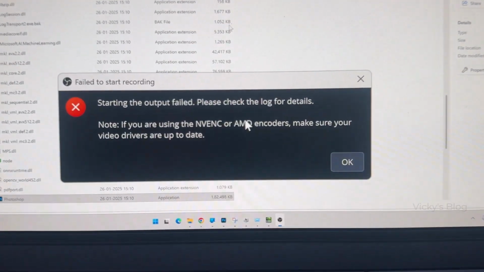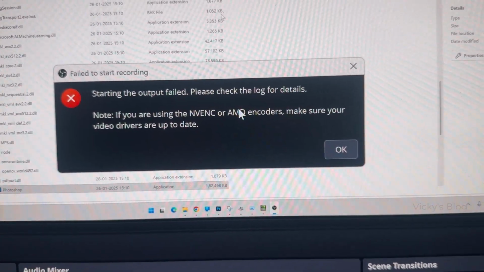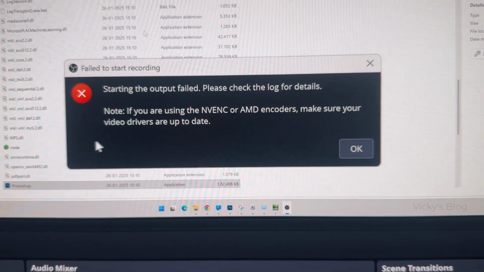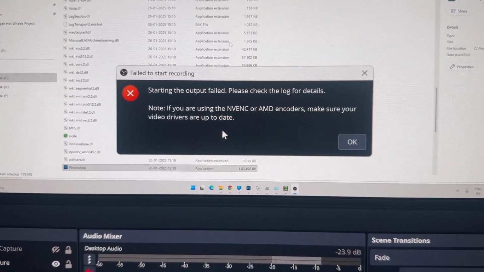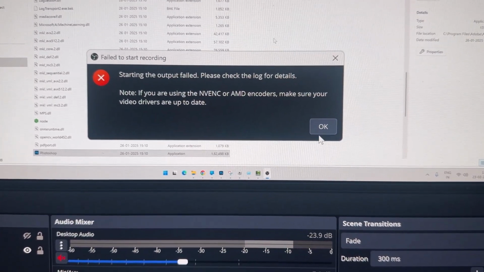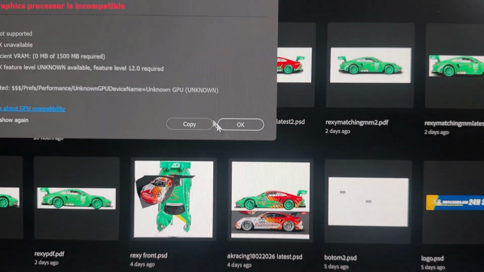Hello guys, if you are getting this error, "starting the output file, please check the log for details." If you are using the NVENC or AMD encoders, make sure your video drivers are up to date. So basically we need to update the drivers first. Even if you're getting the error